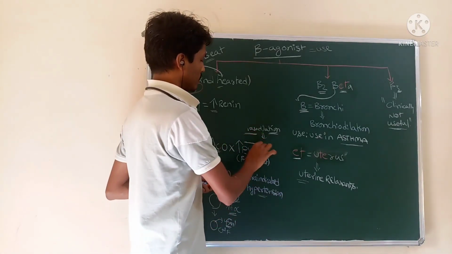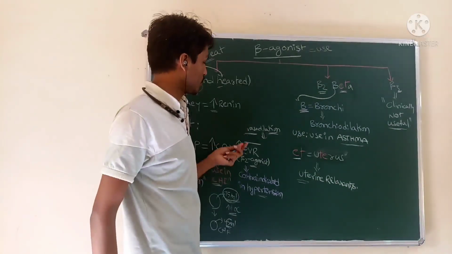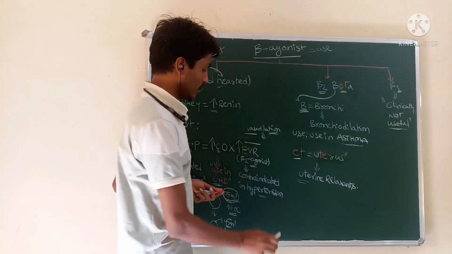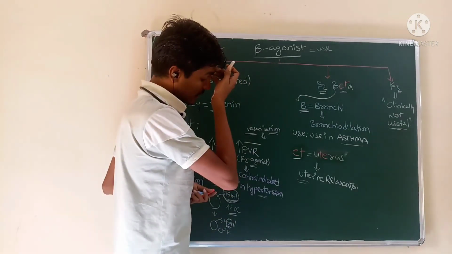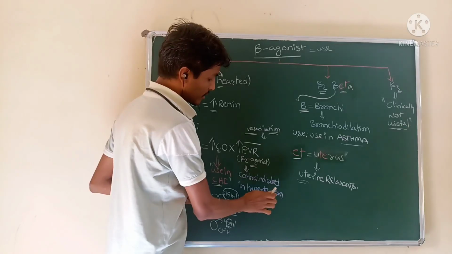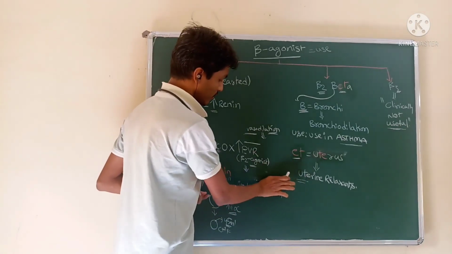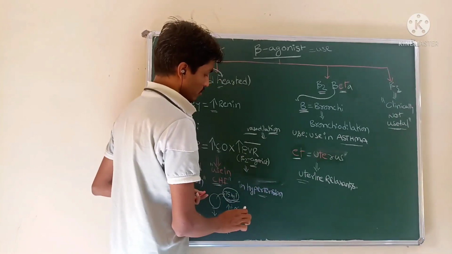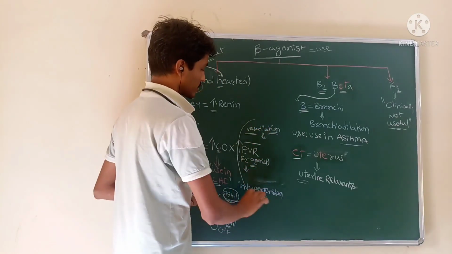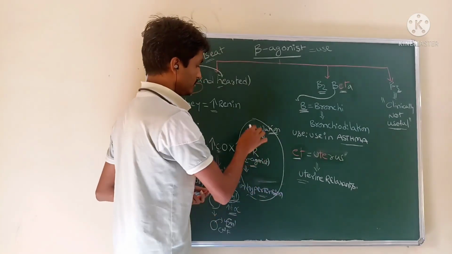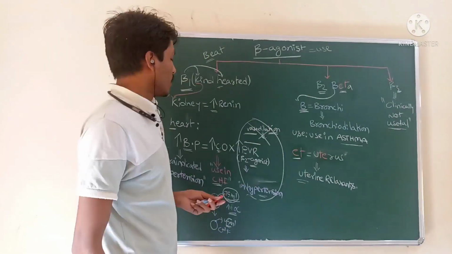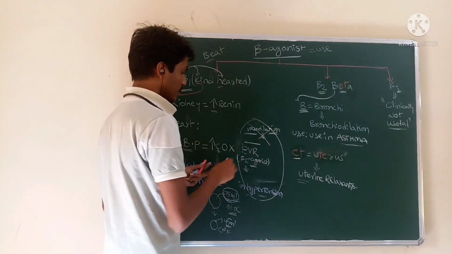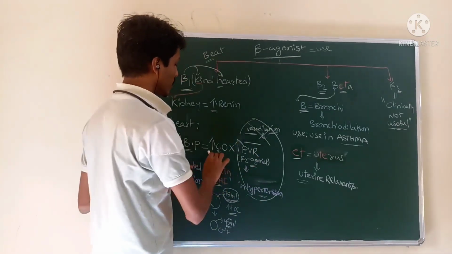I just forgot about this. Majorly try to focus on this: increased blood pressure, increased cardiac output. Then forget about peripheral vascular resistance. It will be there, but there is no major effect on peripheral vascular resistance. Mainly beta 1 agonist is contraindicated in hypertension and used in heart failure treatment. Beta 2 agonist causes bronchodilation, used in asthma, and as a uterine relaxant. Beta 3 is clinically not useful.